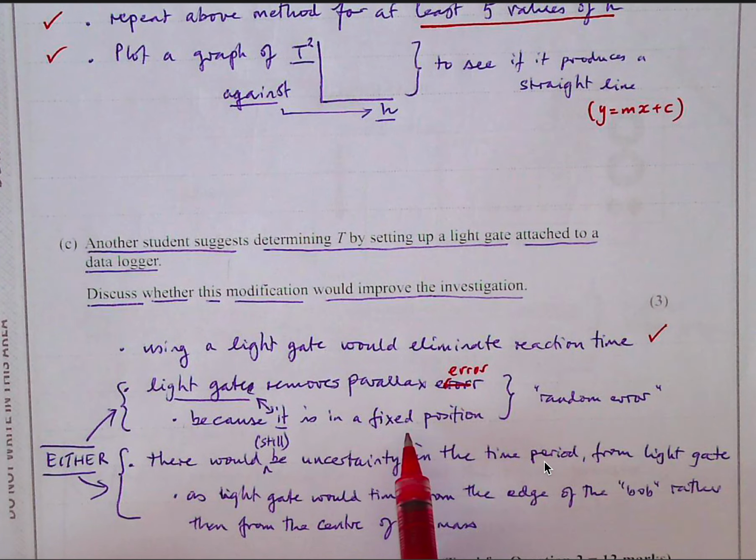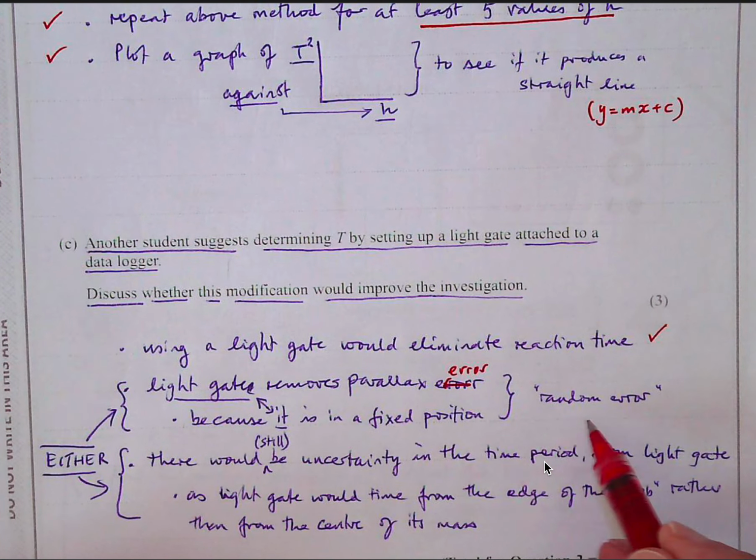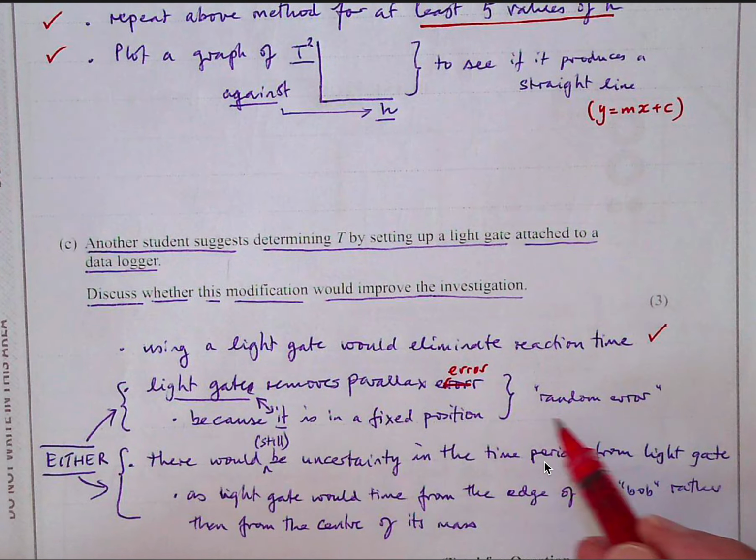The light gate is in a fixed position, and that's kind of a parallax error. If a human is doing it, it is a random error. If you're out of alignment one way or the other, it could create an uncertainty each way. Or you can say there would still be, I put "still" in brackets, there would be uncertainty in the